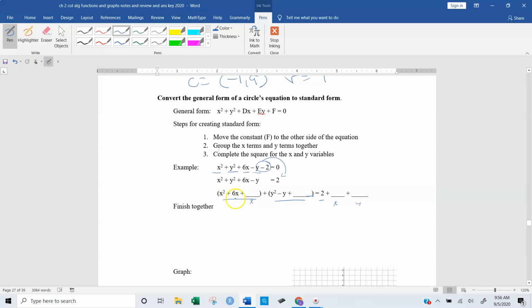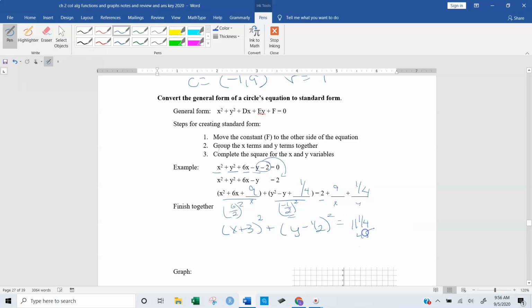All right, how do you complete the square? You're right, you take half the middle term and square it. So this is 6 divided by 2 squared, so 3 squared is 9, both blanks. Remember, that now is x plus 3 quantity squared. You made your perfect square trinomial. Same over here. This is negative 1 divided by 2 squared, so this is 1/4, our y value, plus, now that is y minus, remember, half your middle term, squared, equals 11 1/4,